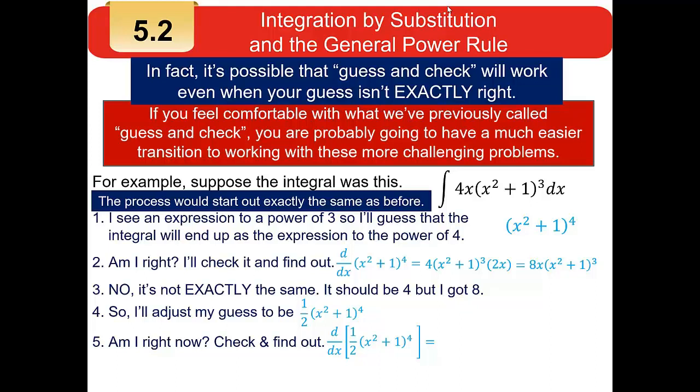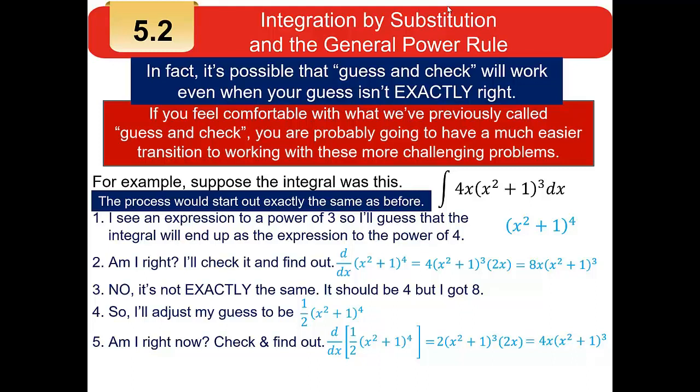take the 4 by the general power rule, I take the 4 and multiply it by the 1/2. Of course, 4 times 1/2 is 2. The x squared plus 1 drops from an exponent of 4 to an exponent of 3, and then I go back and multiply by the derivative of the base, and the base is x squared plus 1, so its derivative is 2x. And finally, 2 times 2x is 4x, so I end up with 4x times the quantity x squared